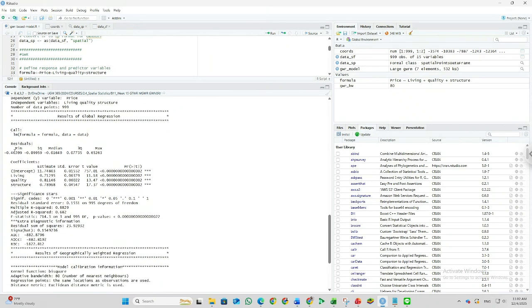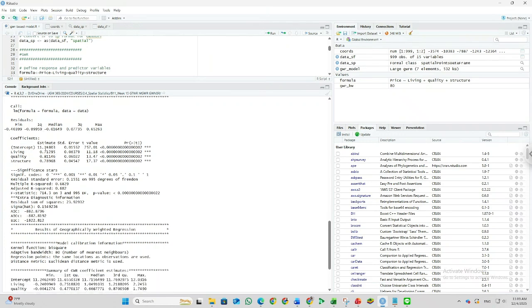You can see the residuals, this is the formula, and the coefficients are significant because the p-value is very small, less than 0.0000.